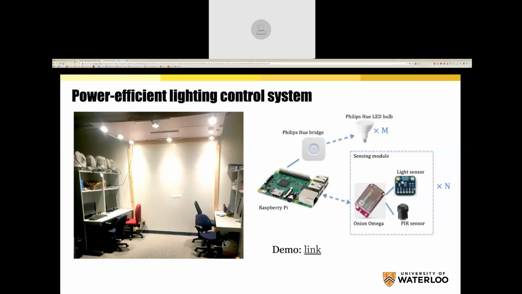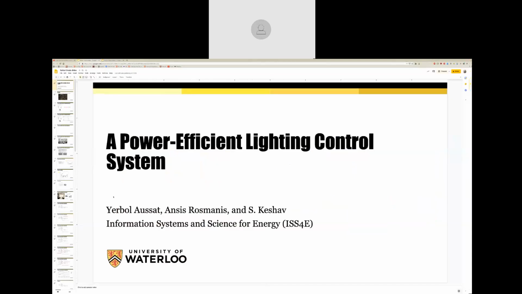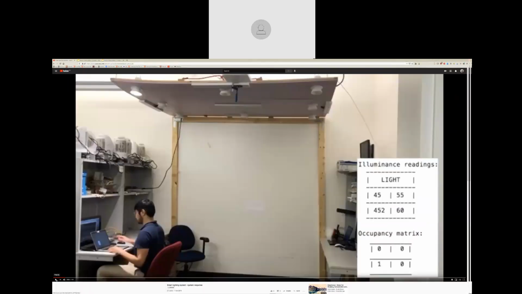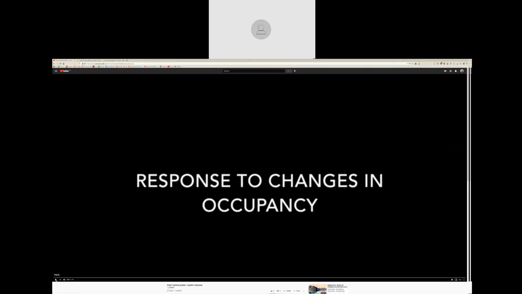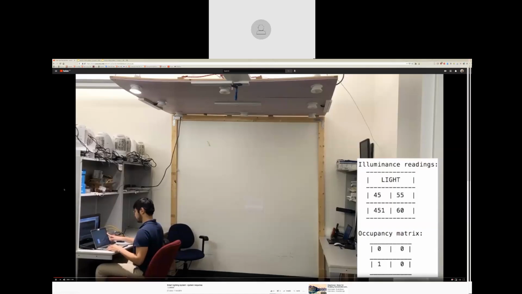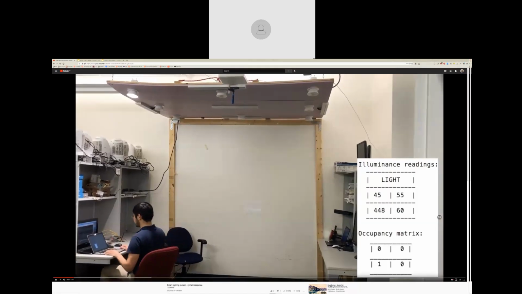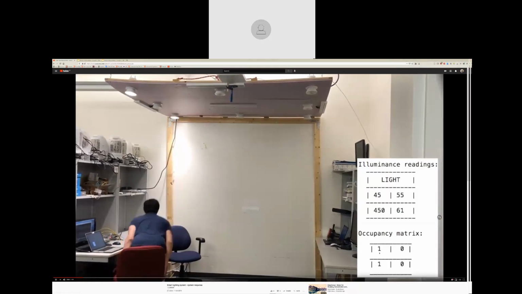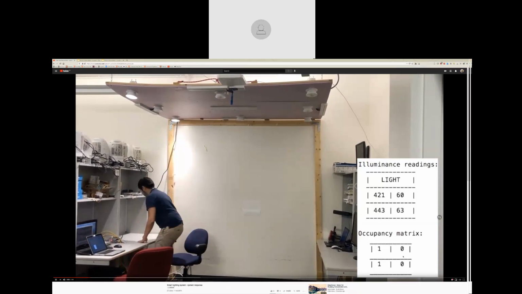So I'd like to actually show you a brief demo of how the system works. This is actually on YouTube, so I'll play it over here. I want to show what happens when occupancy changes. So here's my student Yurbal sitting at the desk, and this matrix on the right-hand side basically has 4 values. 1 means it's occupied, 0 means it's not occupied.